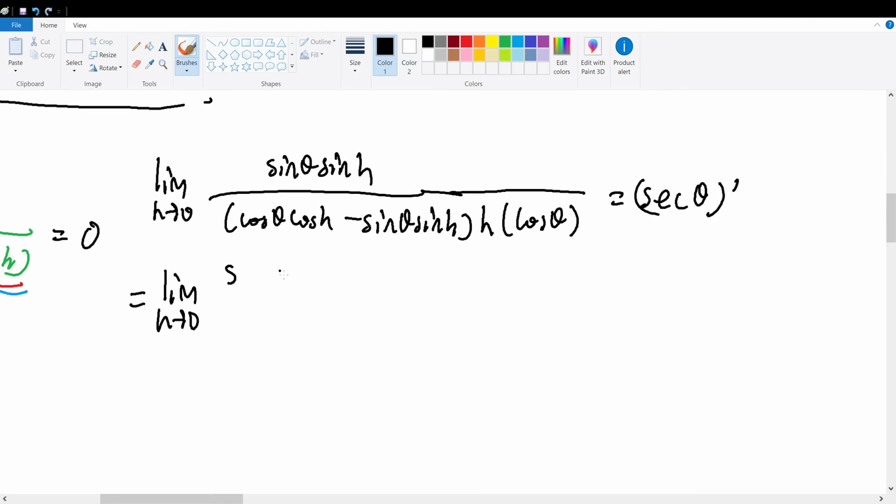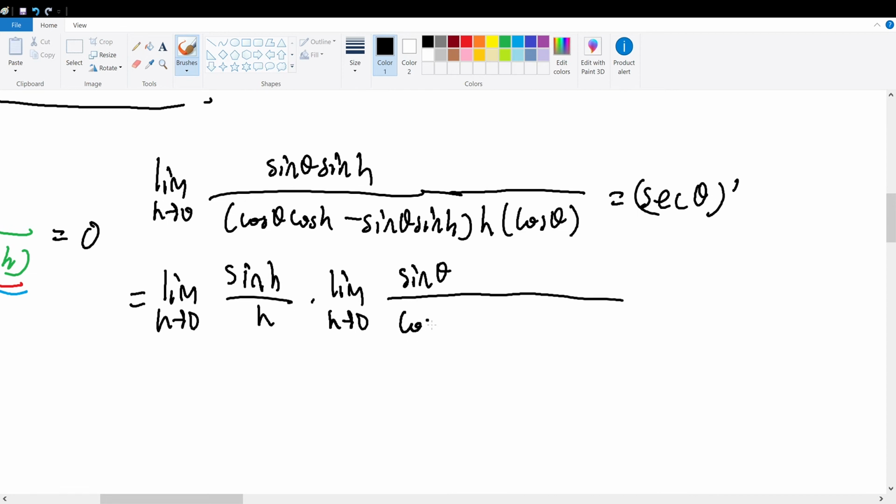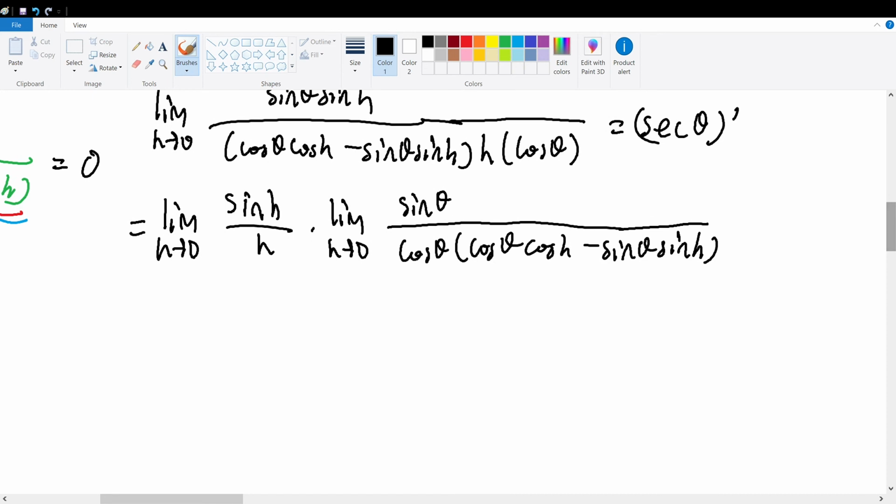So now we can evaluate this. We can break up this limit to be equal to the limit as h goes to 0 of sine of h divided by h, times the limit as h goes to 0 of sine of theta over cosine of theta times cosine of theta times cosine of h minus sine of theta times sine of h. So now we can begin to evaluate each limit piecewise,